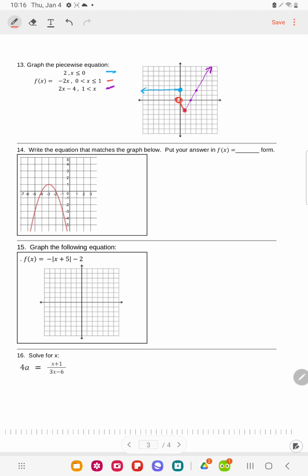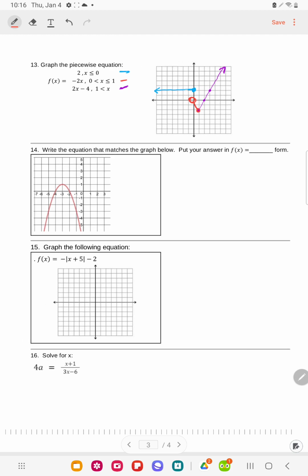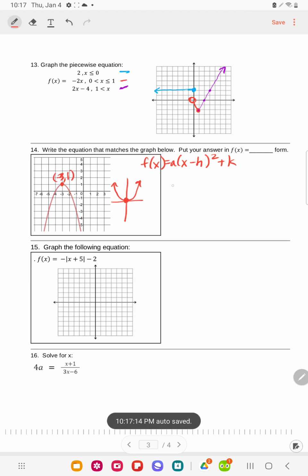Okay, so we have to identify what type of function this is first, what type of graph this is. And in this graph, we can see it's a quadratic. Whenever we have quadratics, it's always in the form of a times the quantity of x minus h squared plus k. Usually for a quadratic, it's facing upward, and the vertex is at 0, 0. But in this case, the vertex is at -3, comma 1. So to fit it in this function right here, we know that